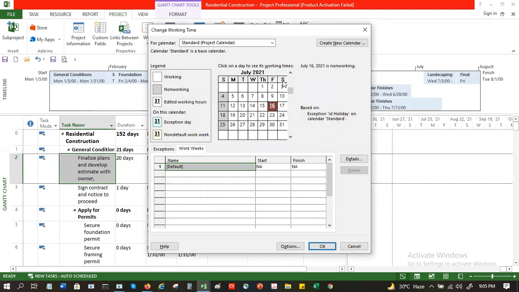So these Saturdays become working days. You see the gray color is gone now. Earlier Saturdays and Sundays were gray. Now only Sundays are gray.